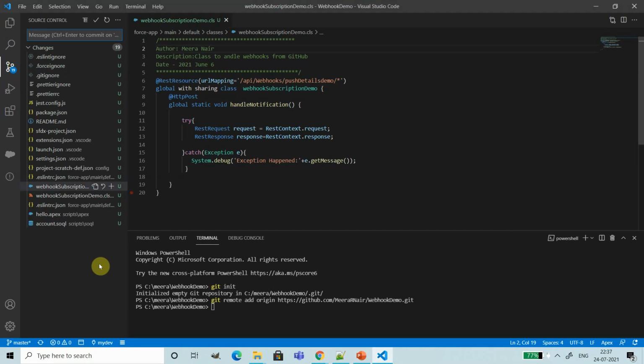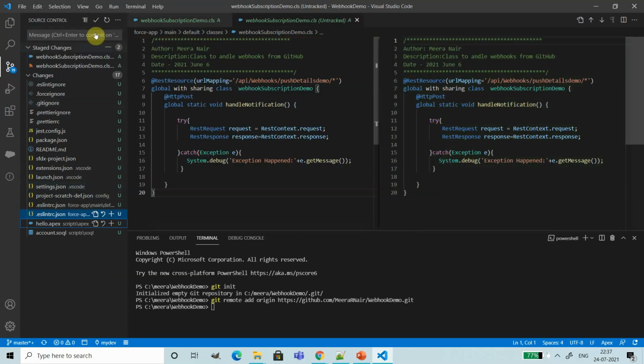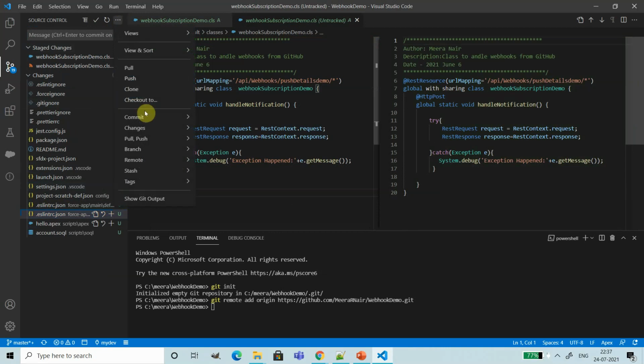For test purposes, I'm just going to push only these two components. So I am staging these two and committing.